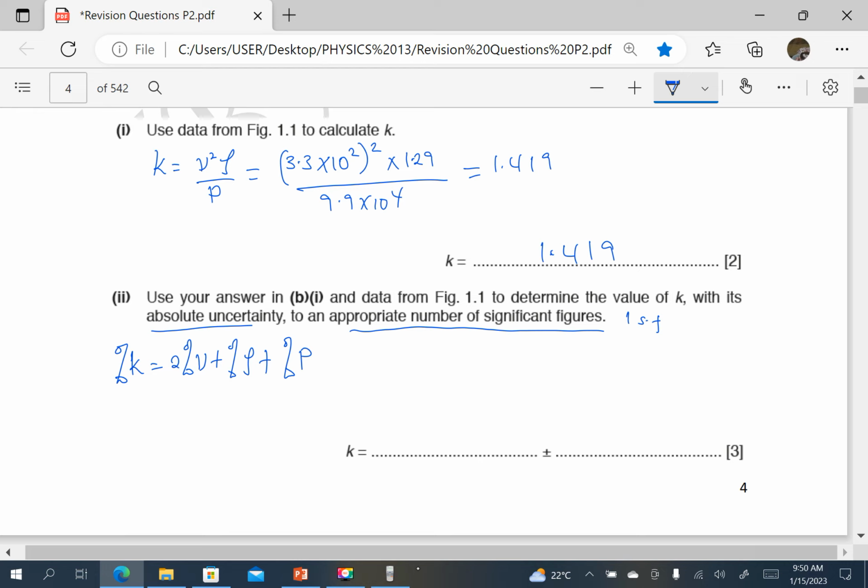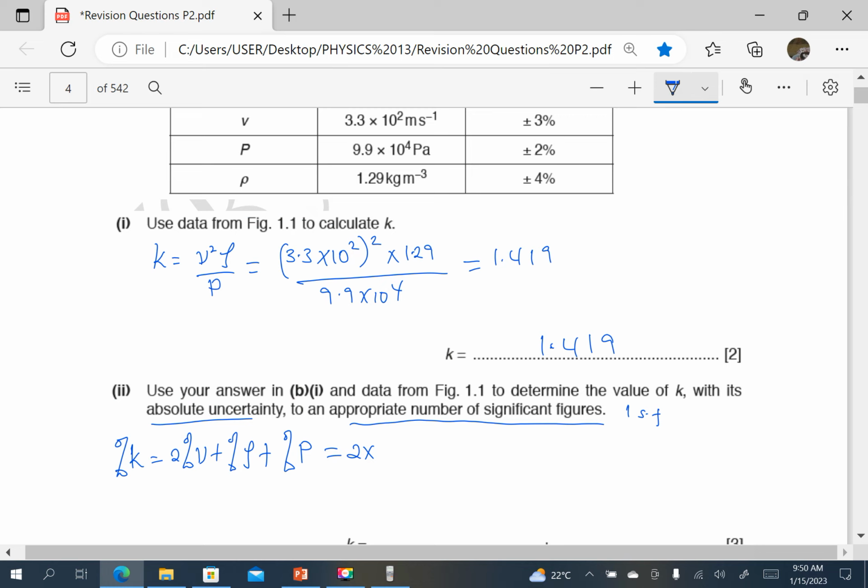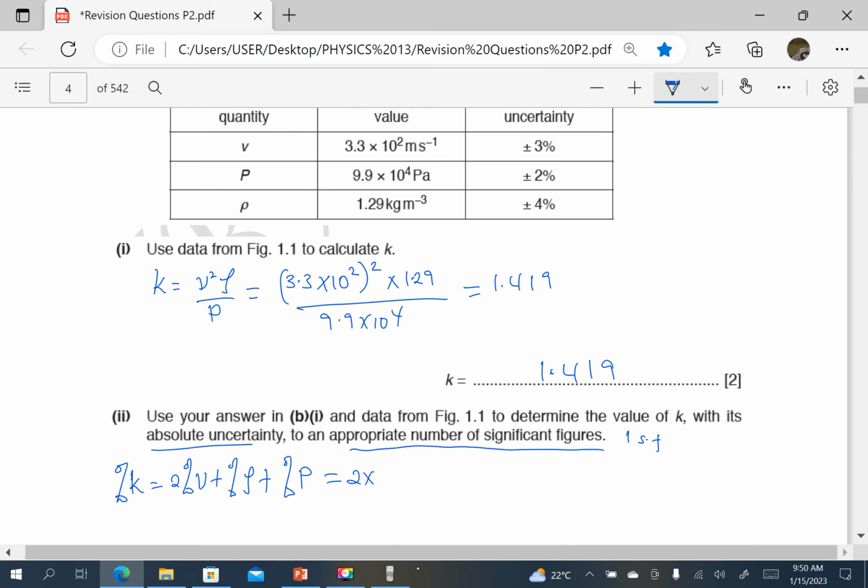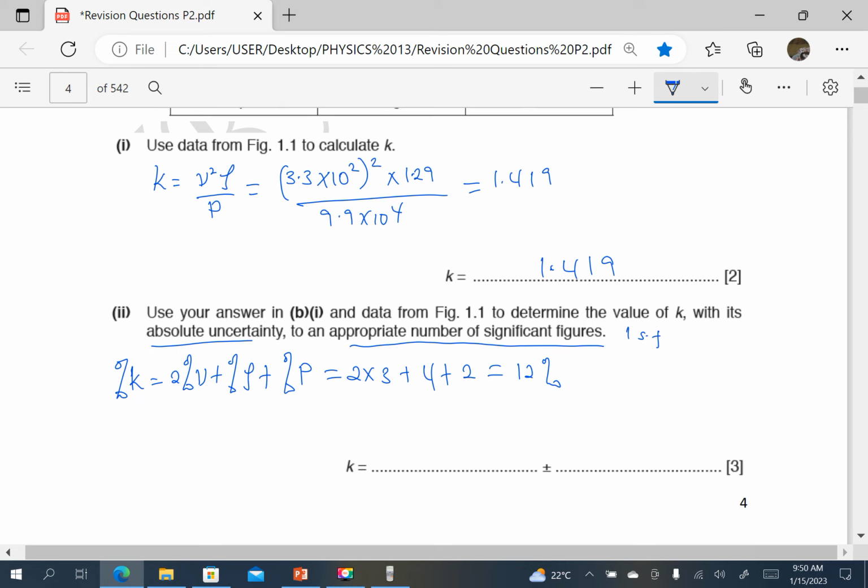You must have studied this with your teacher. So this is going to be 2 times percentage in V. From the table, percentage in V is 3 plus 4, percentage in rho is 4 plus percentage in P is 2. And I think that is 6 plus 6, which is 12%. That is percentage uncertainty, but we are interested in absolute. So to change from percentage to absolute is easy. Absolute in K is going to be 12 over 100 times the value of K, which is